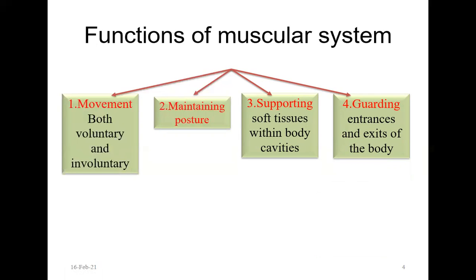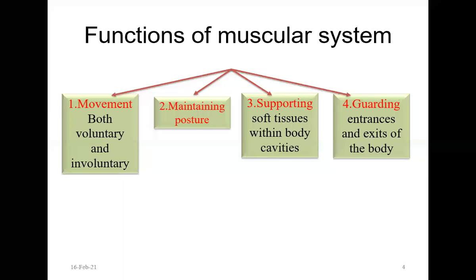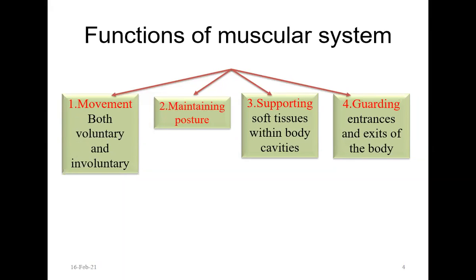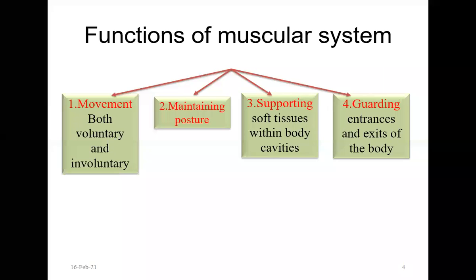One is the movement. Even though we have studied the bones, they cannot move themselves, they cannot move unless there is an external force by the muscles. So it is the muscles which help in movement, both voluntary as well as involuntary. Voluntary means whenever you want to do something, you can do it yourself. That is called voluntary. Like picking a ball from the ground, all the muscles are contracting. You are lifting food from the plate to your mouth. So that is done by all the muscles. Even though there are bones inside, the movement is done by the muscles.